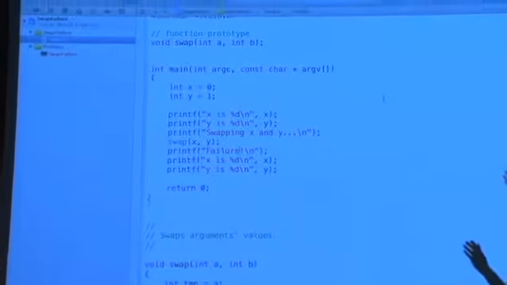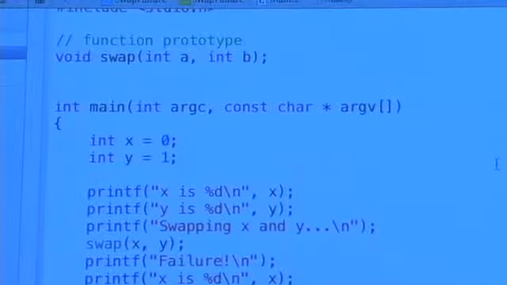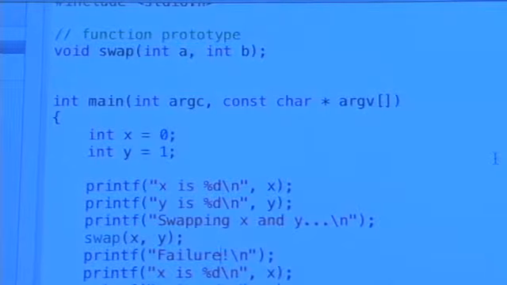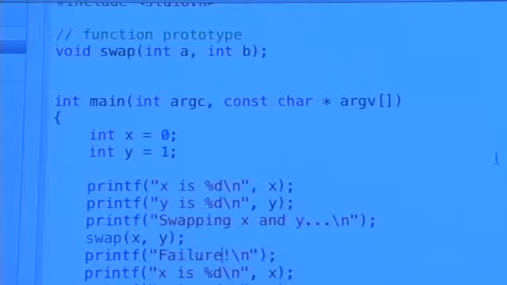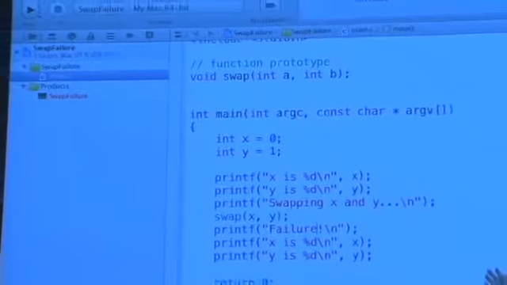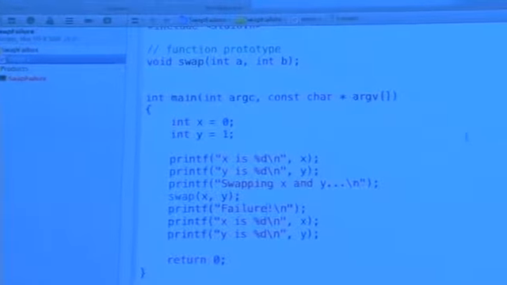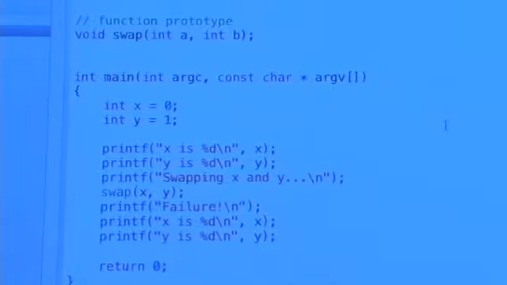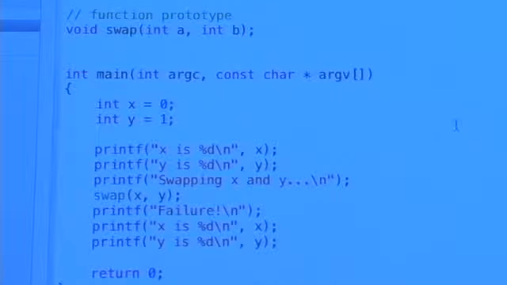So at the top, I have a function prototype in C. This was necessary because if you're going to call a function, you better teach the compiler that it exists up top in a header file or before you actually call it. Here's my main function. I have an int x and y initialized to 0 and 1 respectively. I'm using printf just to tell the world what the values are. X is 0, y is 1. Then I claim swapping x and y,